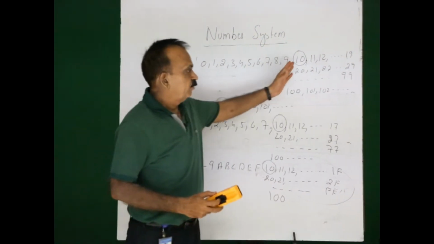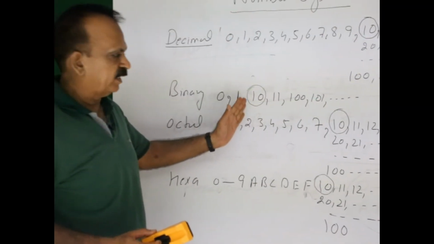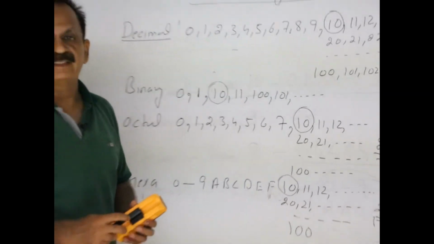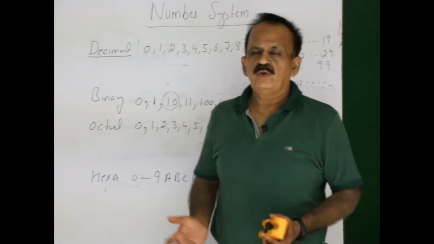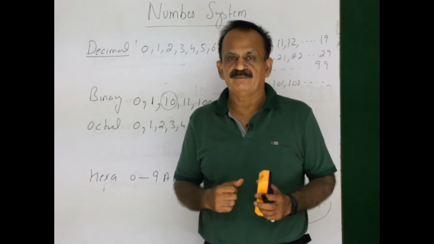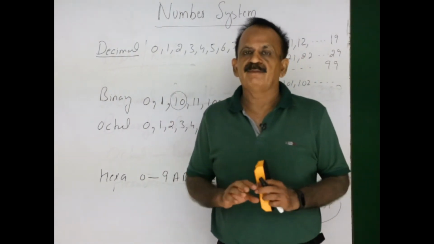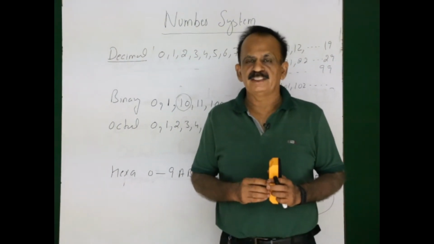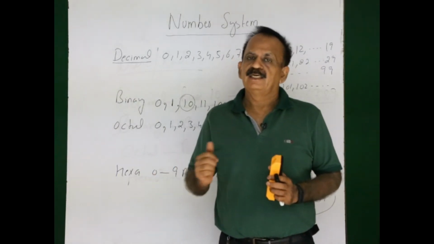1 0 in decimal will be having a different meaning as compared to 1 0 in the binary, 1 0 in the octal and 1 0 in the hexadecimal number system. These are not the only number systems. We can have a number system with base 5, and I hope up to this discussion we are very clear that a number system with base 5 will be having only 5 digits, and those digits will be 0, 1, 2, 3, 4.